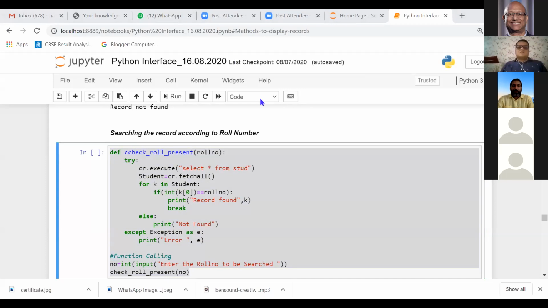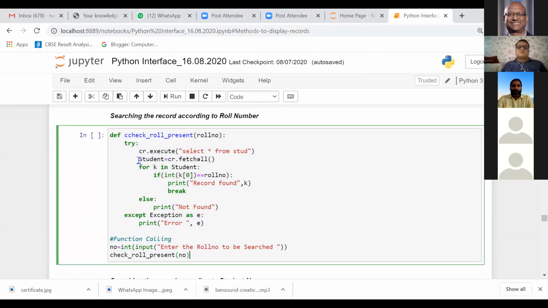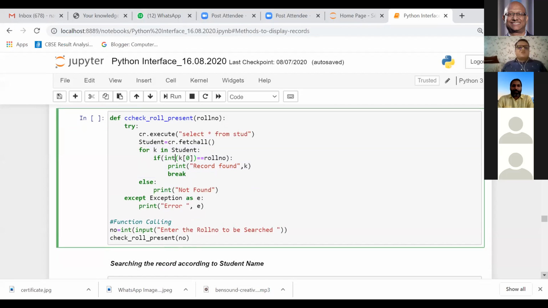So I fetched the complete record set, extracted it, and used the loop to go into each and every record of the data set, comparing with K0. The record set is of type tuple and I'm converting it into an integer, because sometimes it gives you a string type, so I've forcefully converted it.